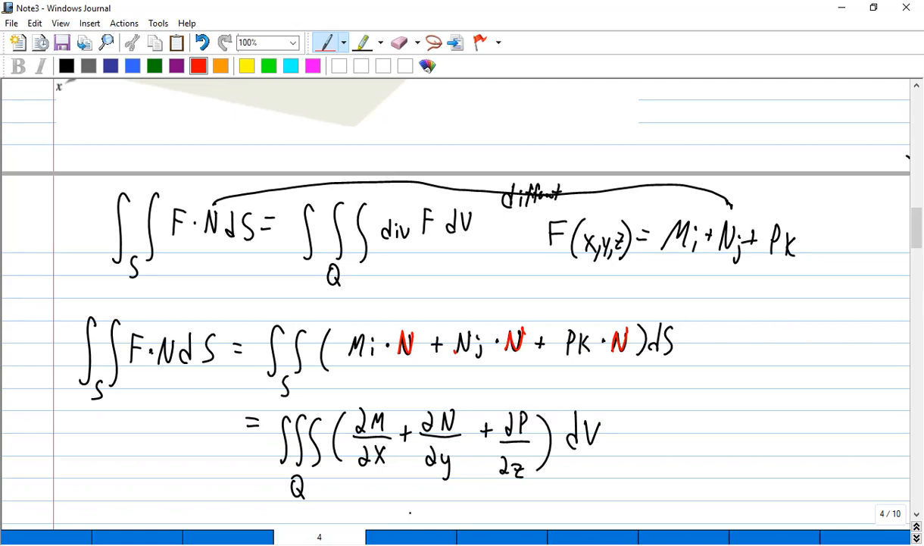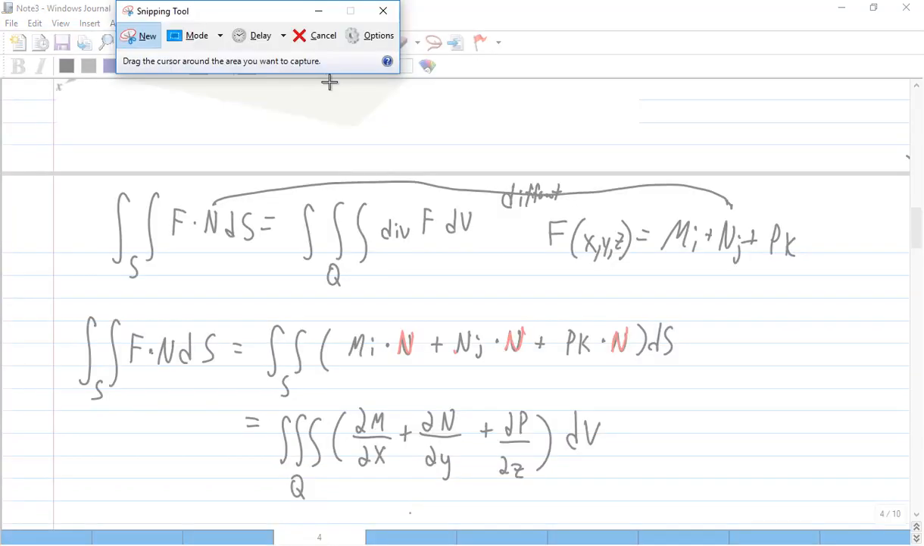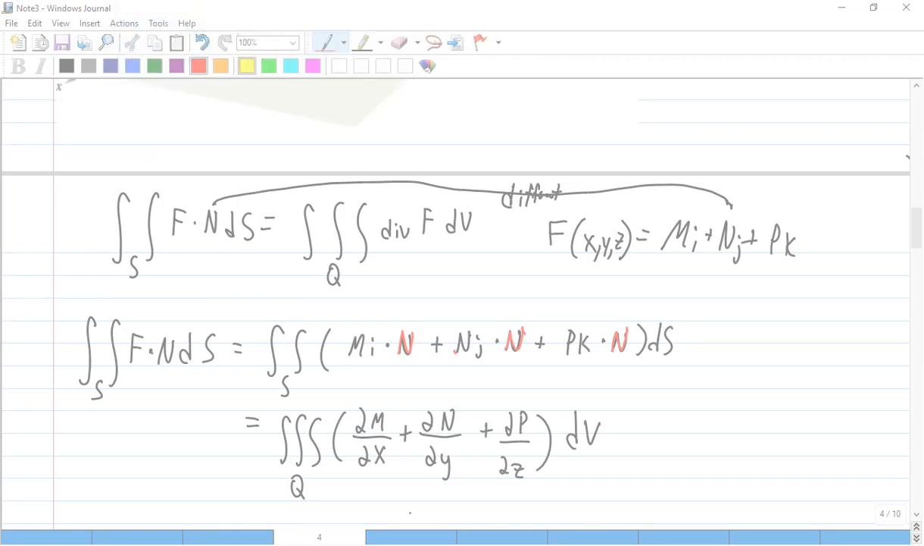Alright, even though the divergence theorem that we have here is stated for a simple solid region Q bounded by a closed surface, the theorem is also valid for regions that are the finite unions of simple solid regions. So like if you have a bunch of solid regions stuck together, if the big region is a bunch of smaller regions like this,